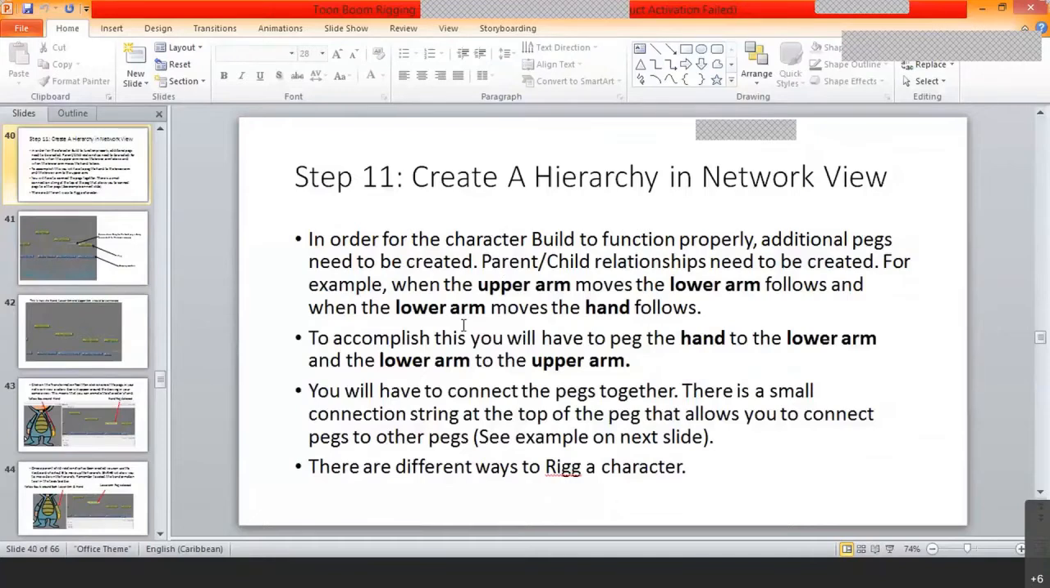In order for the character build to function properly, additional pegs need to be created, which are parent-child relationships. For example, when the upper arm moves, the lower arm must follow, and when the lower arm moves, the hand follows. To accomplish this, you will have to peg the hand and the lower arm to the upper arm. When it says peg, you mean connect them together. And we're going to connect them together in the